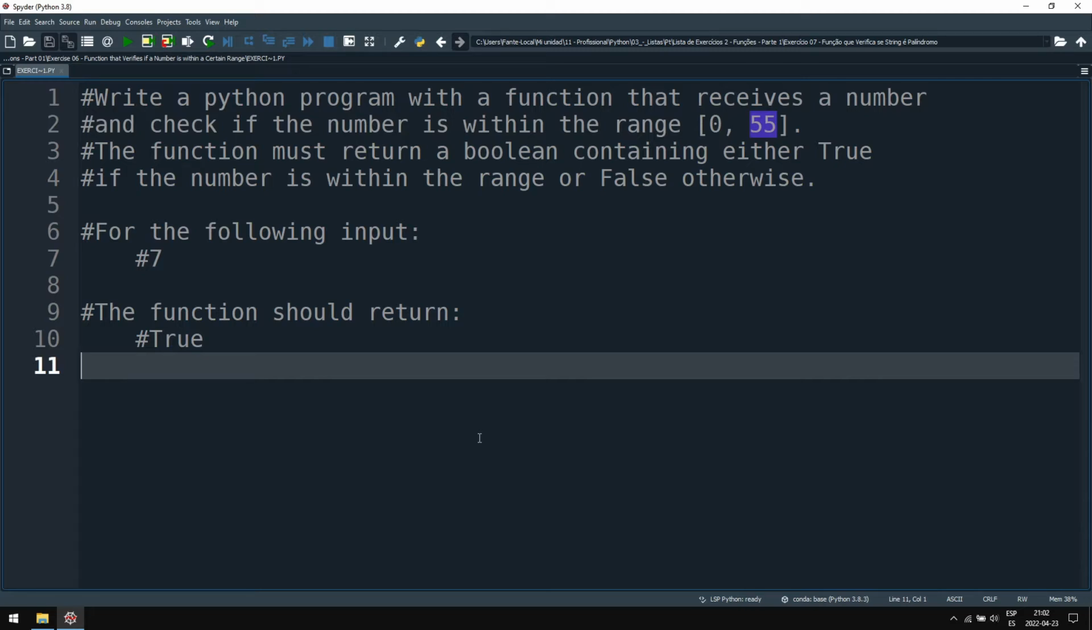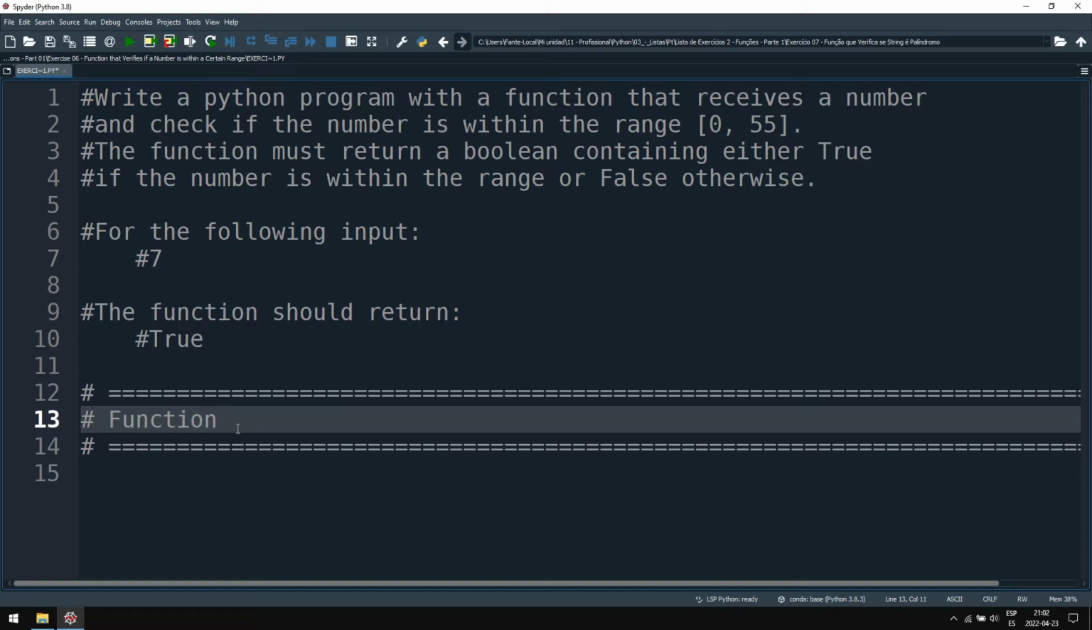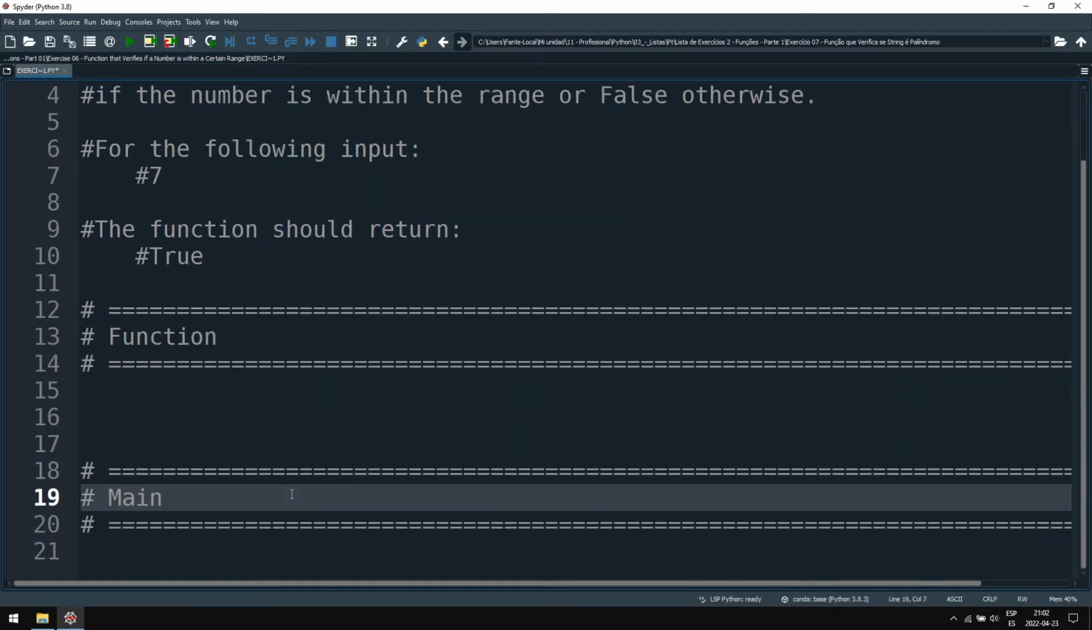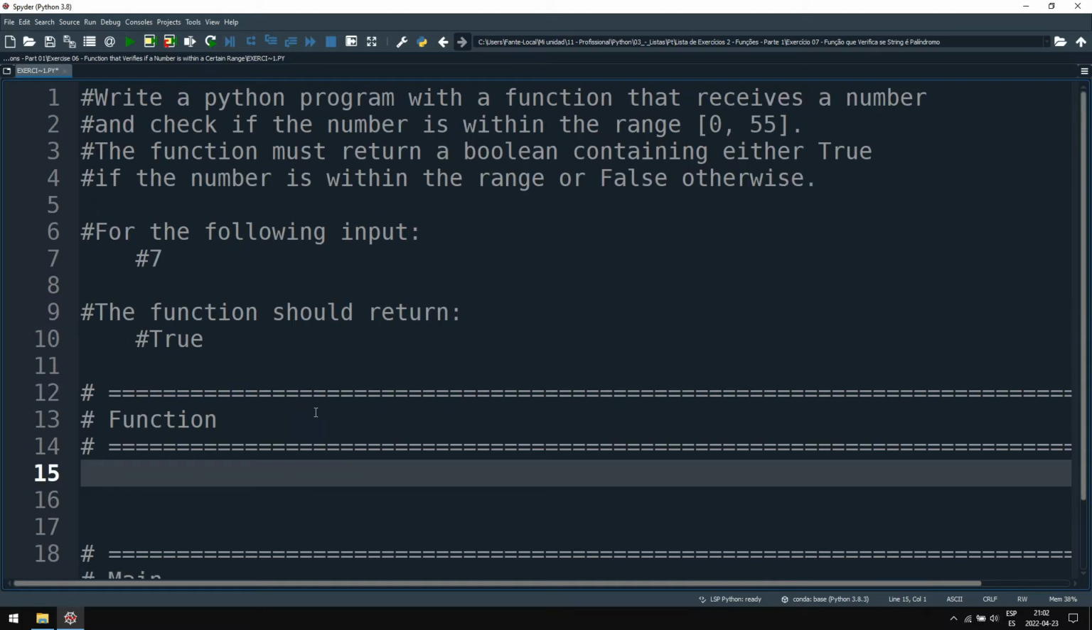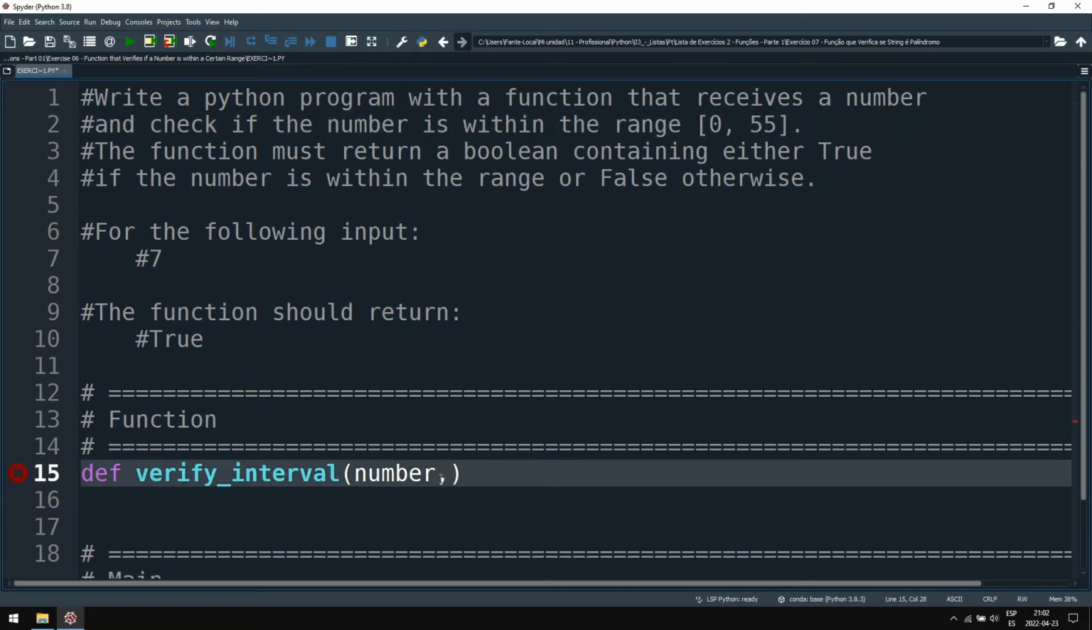Well, we are going to need a function here, so let's separate our function from the main code, or main, down below. Right, now let's define this function. This function will verify if the number is in an interval, so we can name it verify interval, and we'll receive a number. Okay, we can also set this interval as an optional argument for the function,